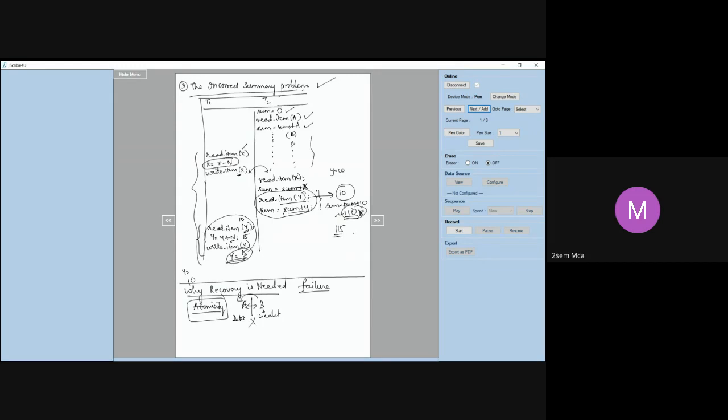Right? The DBMS should not allow some operations of a transaction to be applied and some not applied.